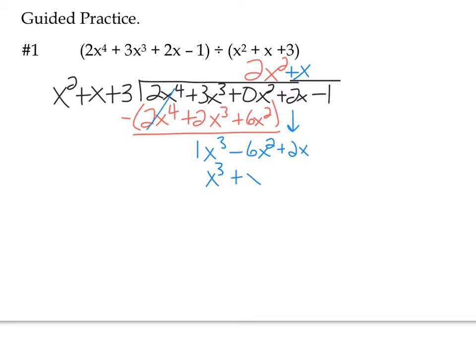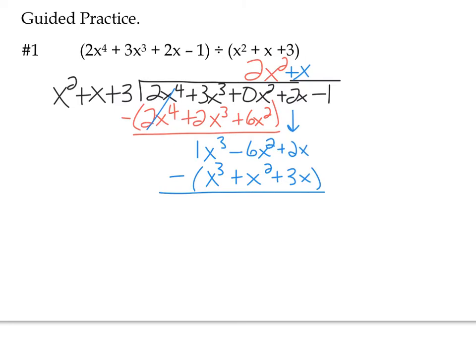X times x is x squared. And x times 3 is 3x. So again, we took this x, and we multiplied it by all of this polynomial. We distribute it to the x squared times x and times 3. And now we're going to subtract. Okay, so now we subtract,